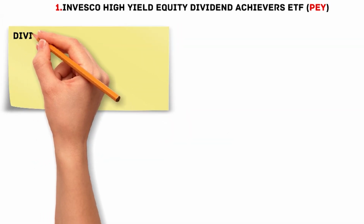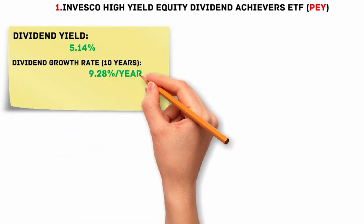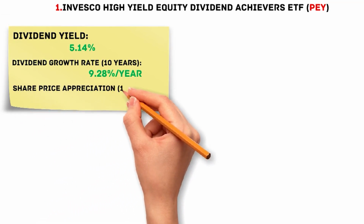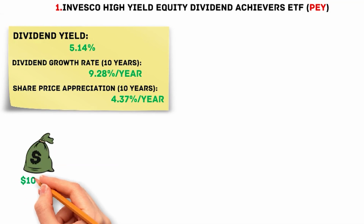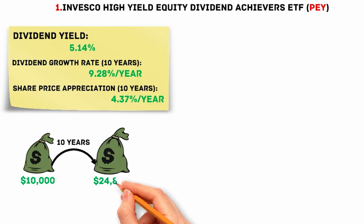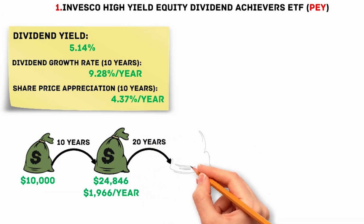The current dividend yield is 5.14%, and the dividend growth rate is at an impressive rate of 9.28% per year in the past 10 years. Therefore, the share price appreciation is a bit lower at 4.37%. This is not so high, but reasonable. In 10 years, we would see the portfolio grow to $24,846 and the annual dividend of $1,966. In 20 years, the investment would grow to